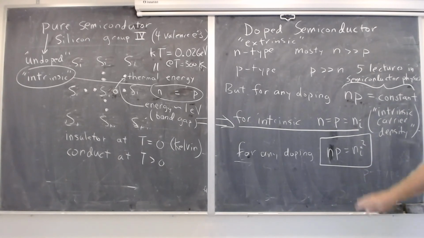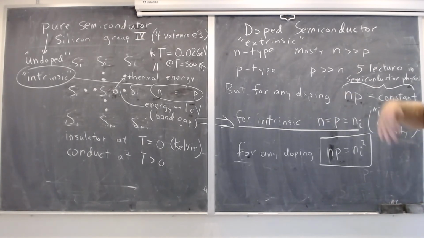Now, why is this important? So this rule, that if I take any semiconductor silicon and I dope it in any way, I could put both boron and arsenic in it, NP is equal to Ni squared. Why is this important? Well, it's an incredibly important principle in semiconductor physics because it allows you to solve lots of problems. But besides that, in this class, you will see that from time to time we are going to refer